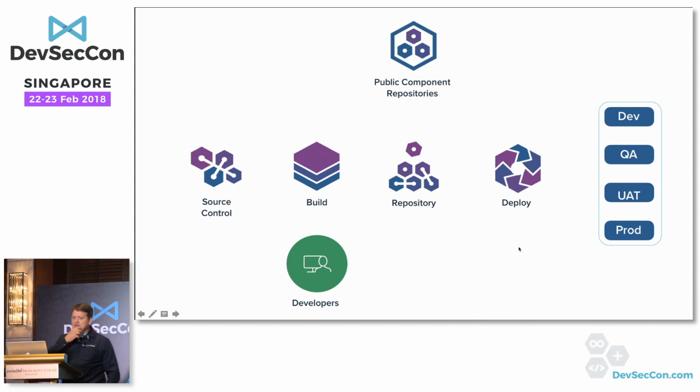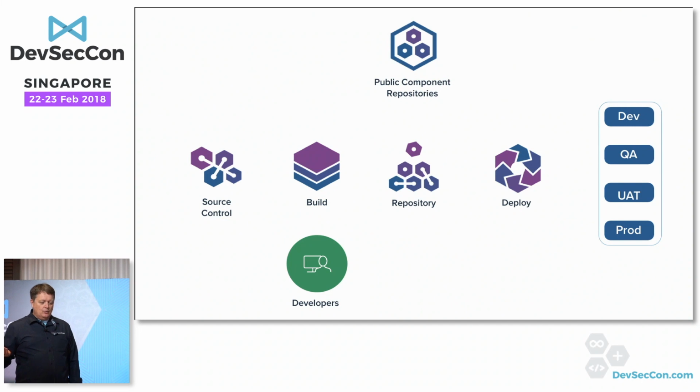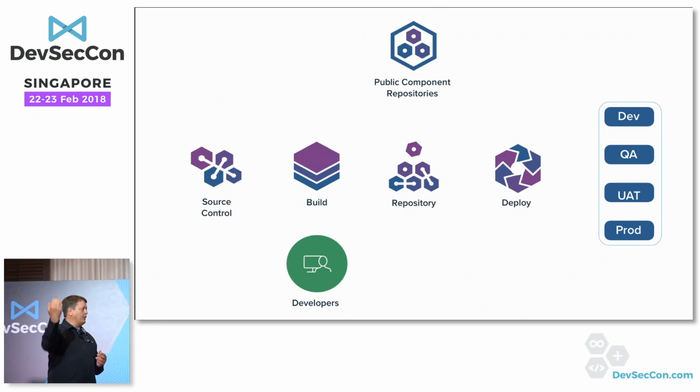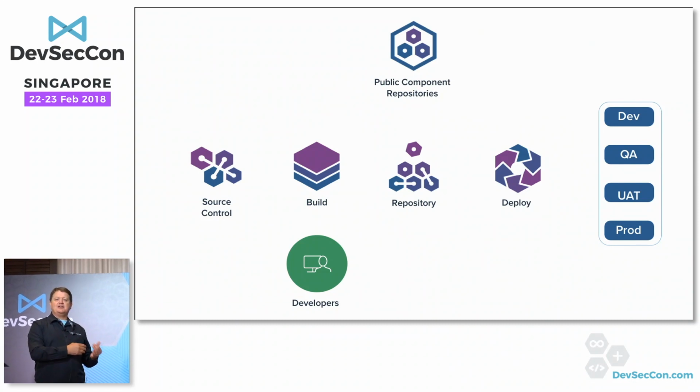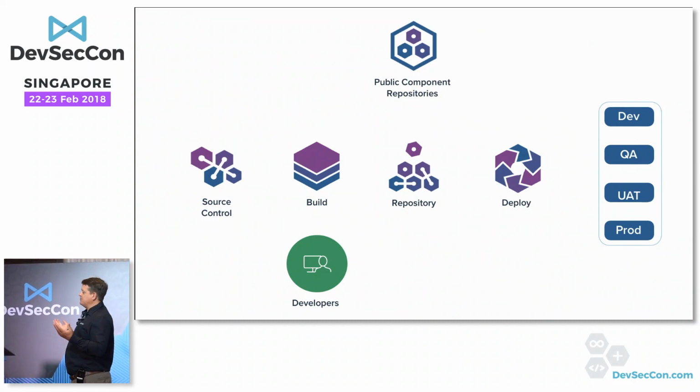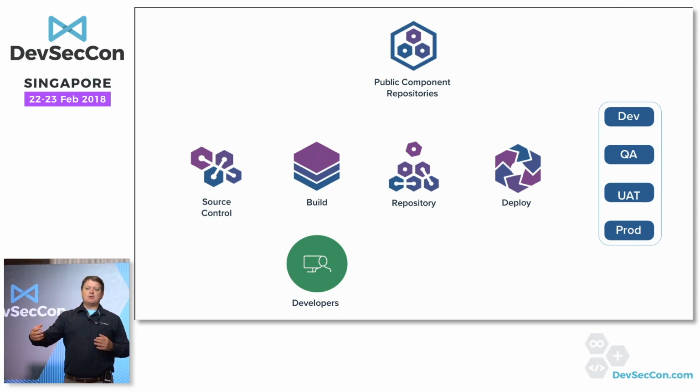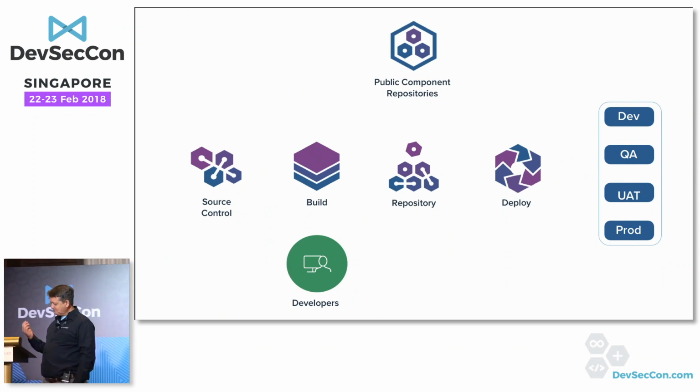So we have decided to solve this problem. We actually built Maven Central and we serve these libraries. A number of years ago, a large US bank came to us and said, we've downloaded all these libraries. We found they were vulnerable during a pen test. Can you help protect us in future? And we said, yes, we'll do that. We built this product for them that will scan the libraries you're using and match them to known vulnerable libraries and tell you about it early in the development lifecycle.